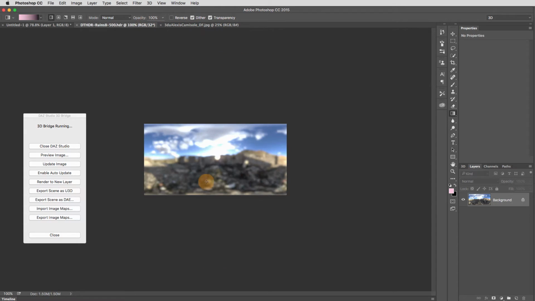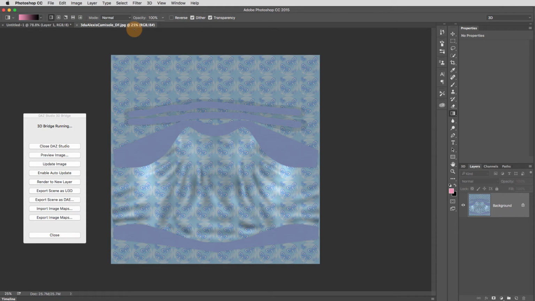And this one was the HDR image that we don't really need anymore, so I'm going to close that down. And this texture allows me now to make changes. Often we can see the UVs here. In this case, they're not quite obvious, so I can only assume that this is probably the middle front of my item. In fact, let me just create a new layer and grab a brush and just make a test